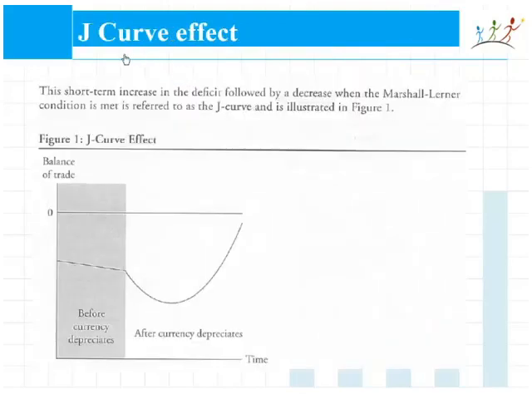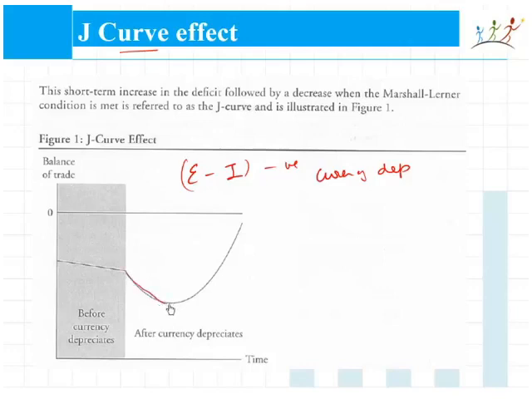The second theory is the J-curve effect, that says that if we are already in a deficit, that is our exports are lower than the imports, this number is negative, and the currency depreciates, immediately the elasticities won't play out. That is, instantly or immediately after a currency depreciation, this import bill will further go up. Exports will also go up, but because imports are more than exports, the initial reaction would be a further increase in the deficit. So as the currency depreciates, the